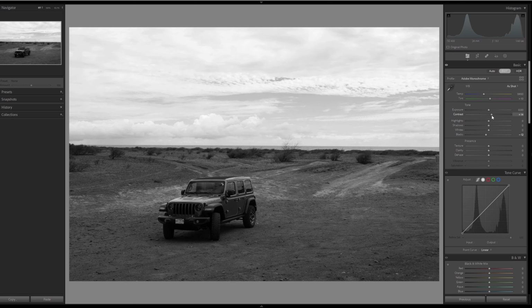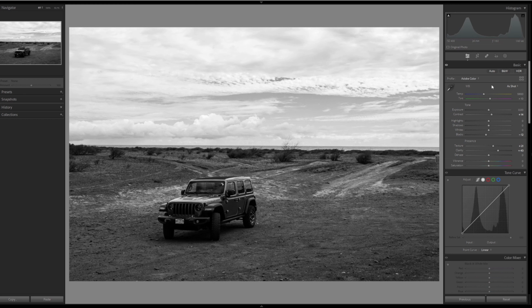At this point, I'm not going to touch the whites and highlights because I don't want to mess up the sky. A little more clarity, and as you see, when we are moving clarity up, those lighter parts of this image are popping up. That's the intention of having a little more texture. Okay, that's good. So let's move back to this